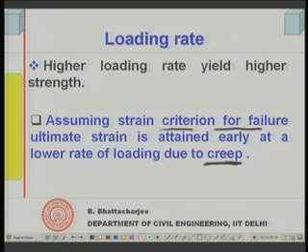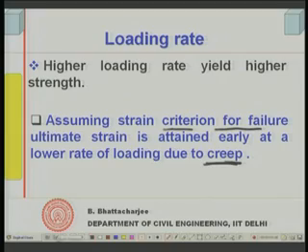There is something called creep of concrete. Creep is a phenomenon whereby you apply a load and keep the load constant, and you find that with time the deformation increases. In other words, suppose you have loaded a beam specimen with uniform load only, and its deflection is initially something like this. With time you have not changed the load, but its deflection might go on increasing.